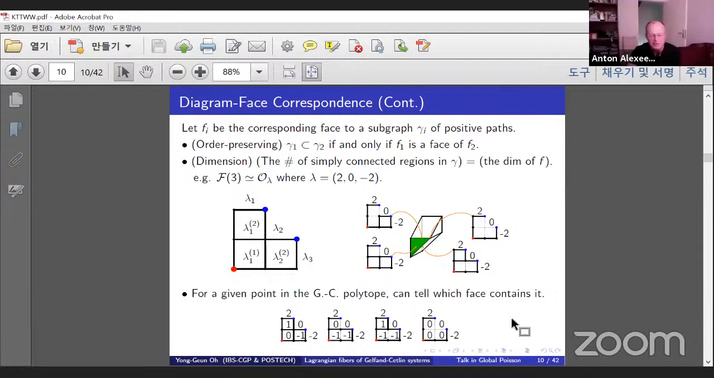Sorry, just a naive question. You can also think of those faces in terms of the inequalities, right? Some of the inequalities are actually equalities. What is the relation between the two descriptions? Oh, you mean, the relation,